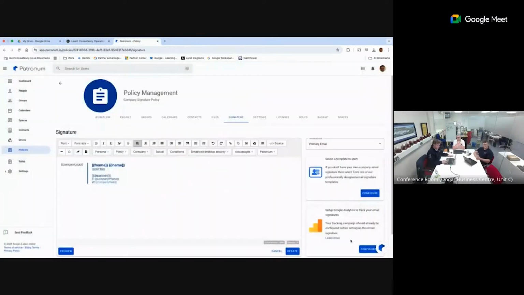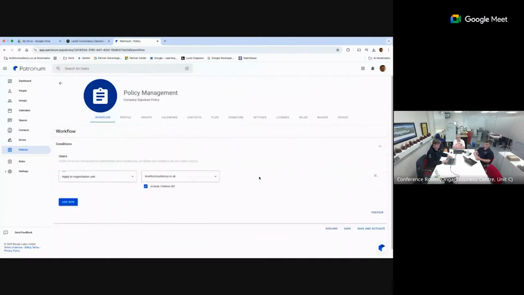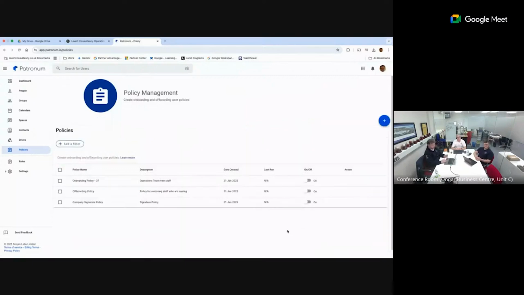And once you do that, you then assign this to where you want it to actually go. So the way you would do that is go to workflow, and under workflow, you click here and choose apply to organization units or to a group, and then it just applies out. So if you're an organization that has multiple different setups within Google Workspace, you can have multiple signatures against different groups in your organization,